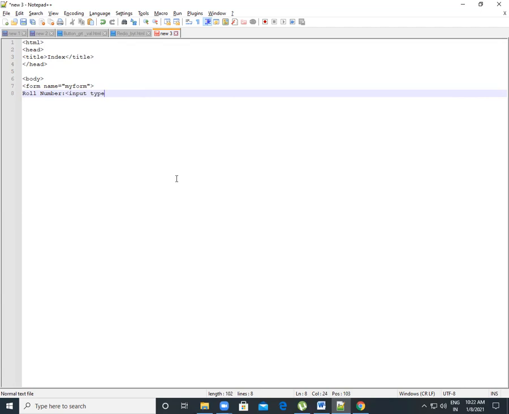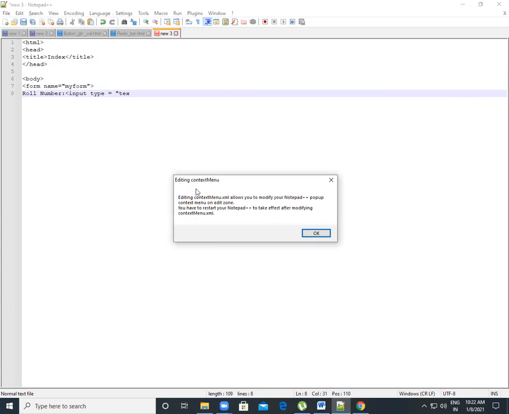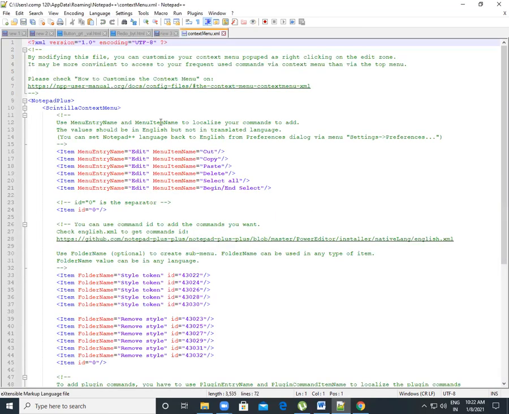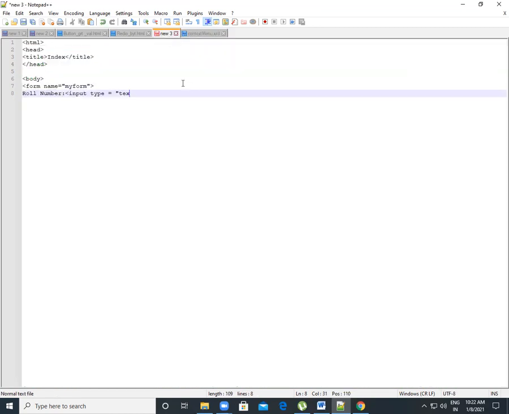We use input type text for getting the information, and then some parameter, name. We give some name for our text, which is roll. Now close that tag, then move on.